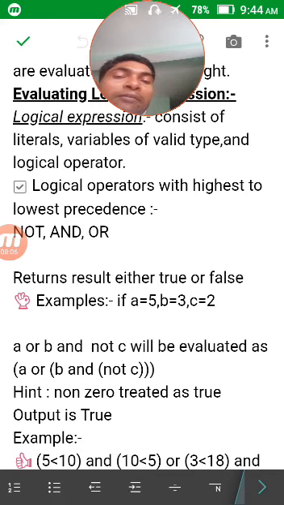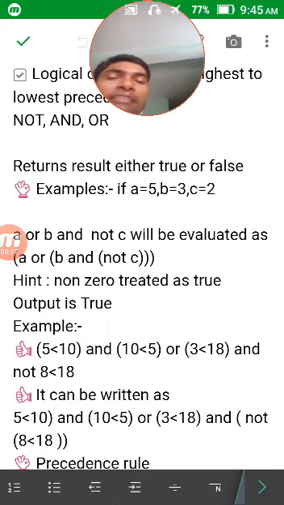b, the value of b is 3, then it becomes true, and true and false with the and operator results false, and a is true, so true or false. The true or false will result true, due to our operator property. Now let us see second example.